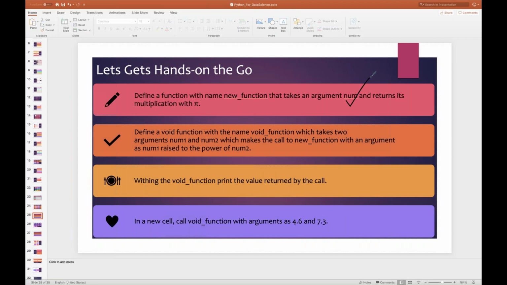Now, the first one is the first function and the second one is the second function. The first function name is new_function, and it returns the multiplication with pi. The second one has a void_function, which takes two parameters, num1 and num2, and makes a call to new_function with the argument num1 raised to the power of num2. Observe carefully. This void function, which is function number 2, is calling the new function,